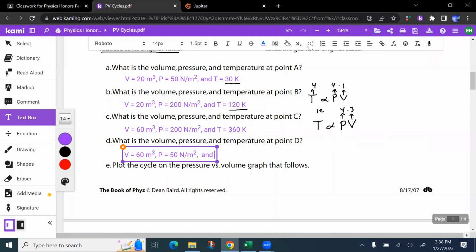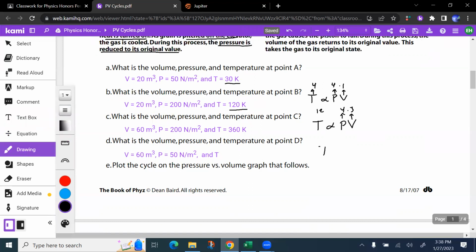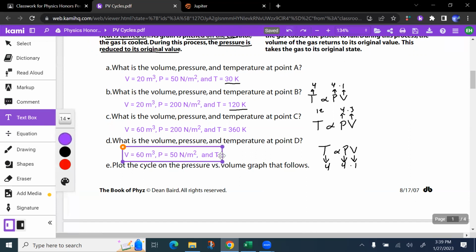Okay, and the temperature would correspond to what? Well, if you think about this, if we use the previous model, temperature is proportional to pressure times volume. Think about what happened. The volume stayed constant, so the volume stays at a 1. The pressure, on the other hand, decreased and dropped by 4 times smaller. That means the temperature is 4 times smaller. But what is 4 times smaller than 360? That would be